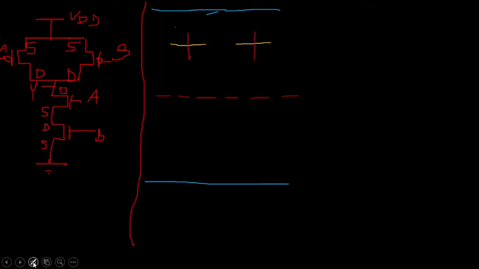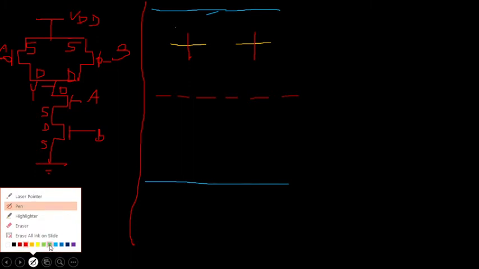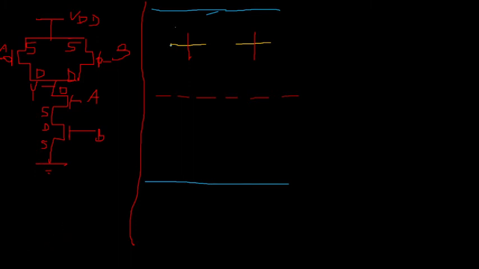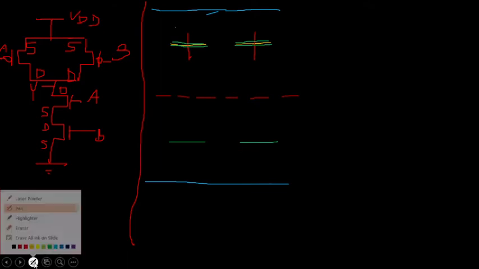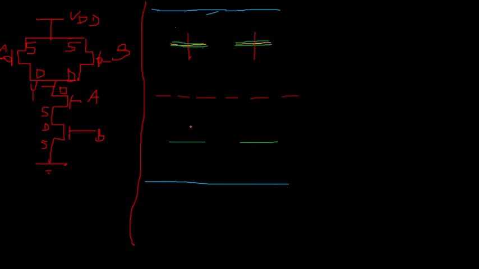But the PMOS is still incomplete. Why? Because you always outline it with the green color. So you can outline these yellow PMOS diffusion lines with the green color. Or you can use a green color line and make a yellow color box over it. Both are the same. Now you have to make the two NMOS also, A and B. This is suppose transistor A and transistor B, and you can make the polysilicon lines also. So these are the two polysilicon lines.